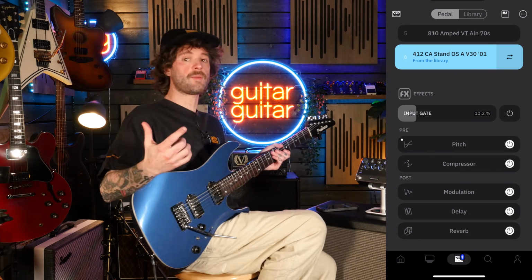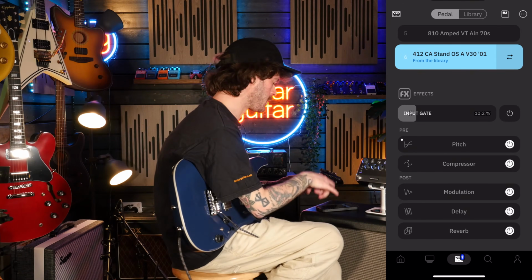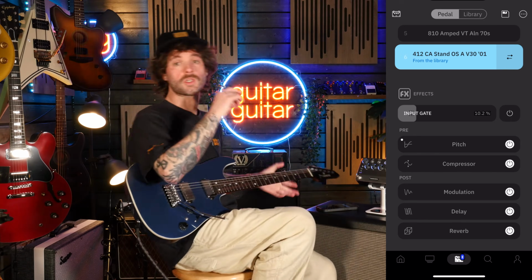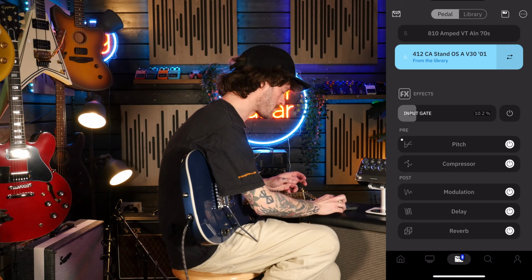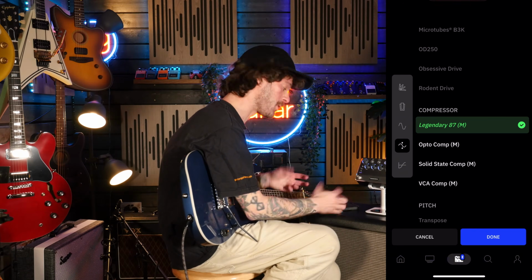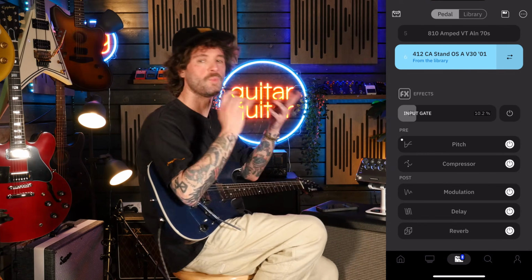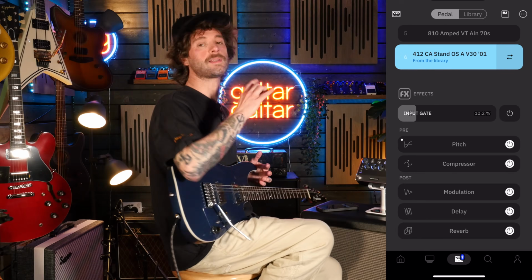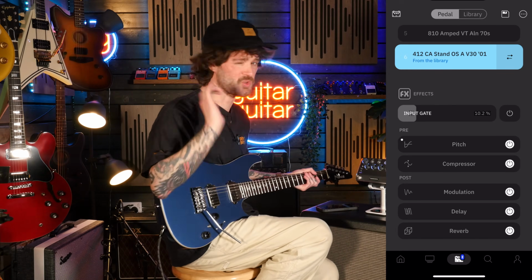So obviously with the ability now for you to change the pre slots there, initially they were just completely locked to the gate and the pitch. Now you'll see just on the UI there that this is still pitch, but you can completely change that to whatever you want. And in a really smart move, they've now made the input gate its own thing. So you're not taking up an essential slot for a sound or anything like that, which I just think is a really, really smart move.